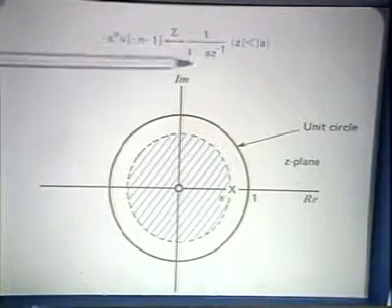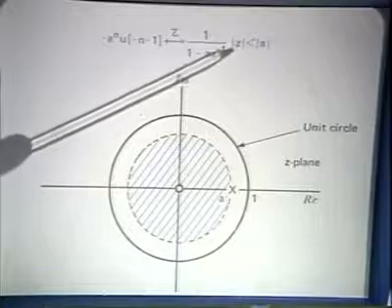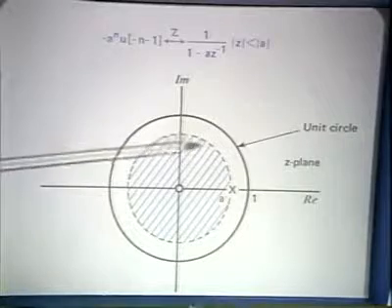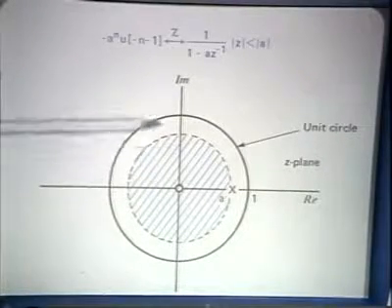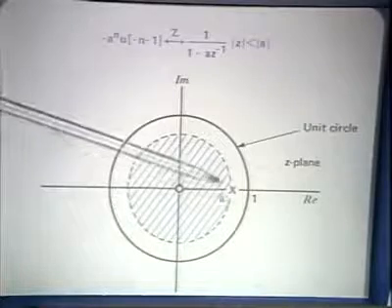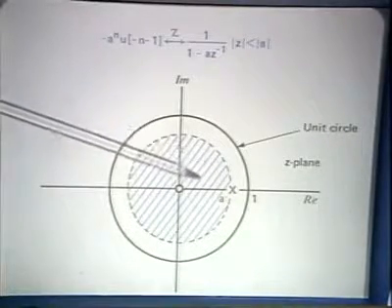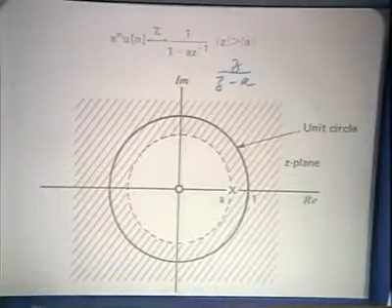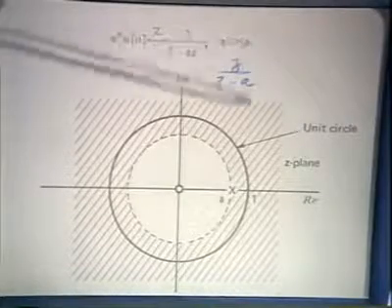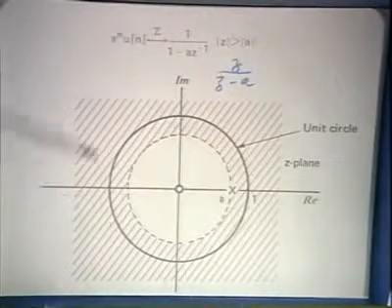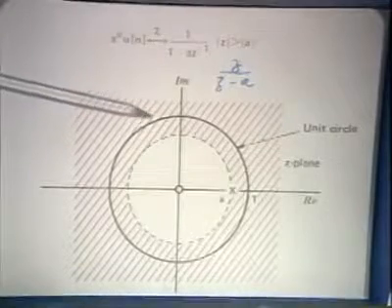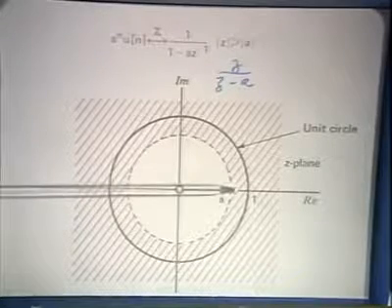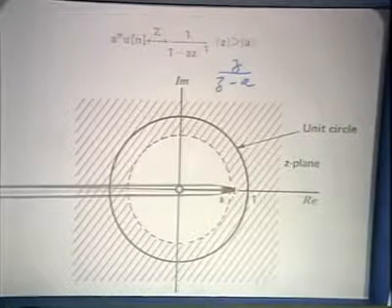an algebraic expression, as I indicate here, but its region of validity is the magnitude of z less than the magnitude of a. And that corresponds to the same pole zero plot, but a region of convergence which is inside this circle. Whereas in the previous case, with the pole zero plot, we had a region of convergence which was for the magnitude of z greater than the magnitude of a. So these two examples, this one and the other one, have exactly the same pole zero pattern, and they're distinguished by their region of convergence.